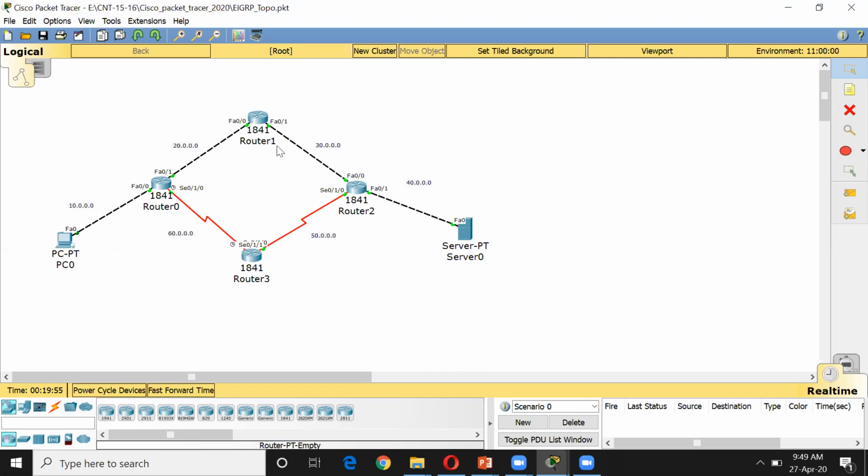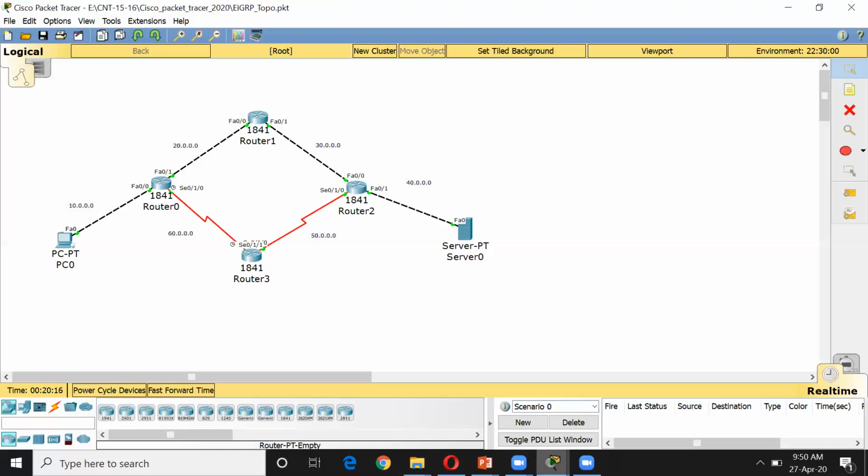Right, and 10 raised to 7 divided by least bandwidth, so that is 10 raised to 7 divided by 1544, so that value will become 6476 plus 2020, so that is 8496 into 256, so that value will become